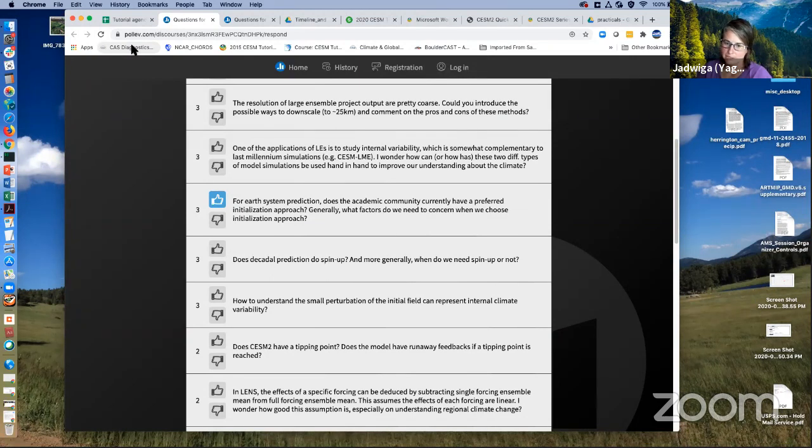And then for shorter time scales, so for example, for seasonal and subseasonal, people typically initialize all components. So for CSM 1 and 2, we use the same approach for the ocean as what we do for the decadal prediction, just for consistency. But the atmosphere comes, let's see, in CSM 1, we used ERA interim. For CSM 2, we're using CFS initial conditions. So you're taking an atmospheric condition that's from a different analysis, different system. So there will be some inconsistency when you put that into our model.